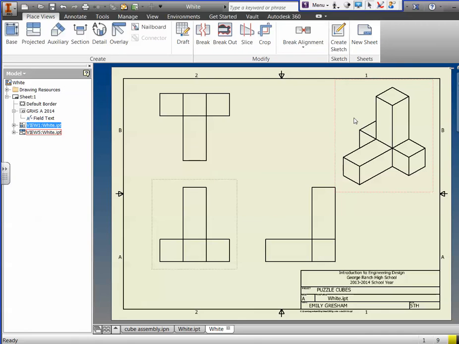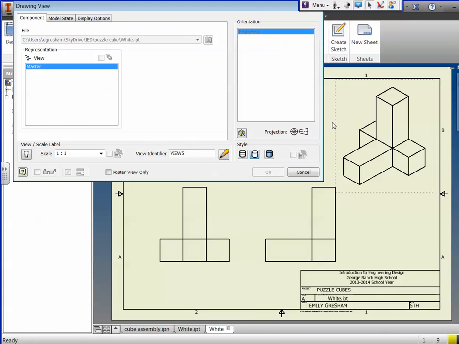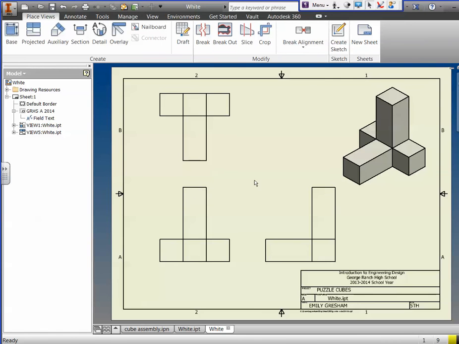I want to go over my ISO, double click on my ISO in that square, and I want to click on shaded. Why? Because I want my ISO to be shaded. And it's real exciting because it's white, so it now looks white. I do not want my multi-views shaded. This is the pictorial. This is the actual working building. This is the pretty picture to help you view it. These are where all your dimensions are. Make sense? Okay? So that is how we place